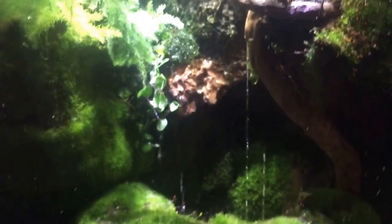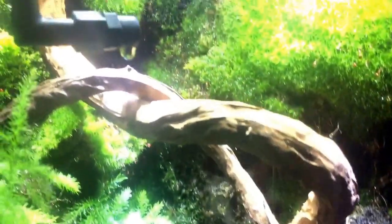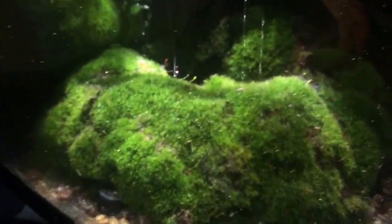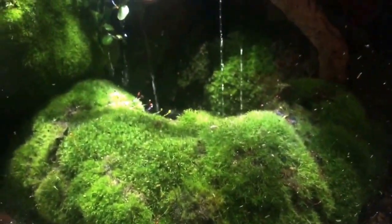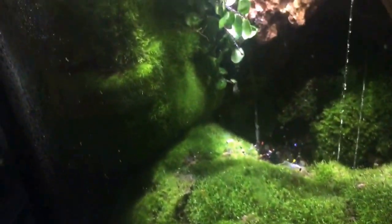Not a whole lot of foliage in here. There's a fig and a fairy plant in here. But for the most part, I kept it pretty simple, and I was able to find an amazing specimen here living in the Rocky Mountains. There's some moss that really grows way up high, and I was able to find a special place and get some of this moss, and it has just been multiplying